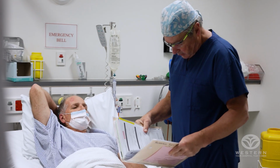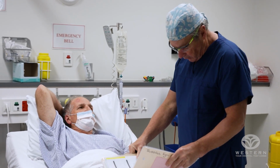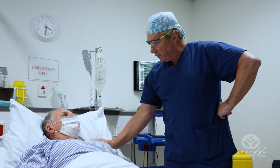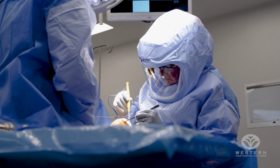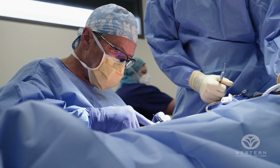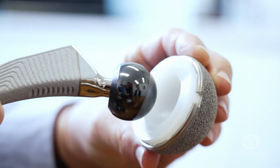I learned a lot about chondral grafting in my time in Canada, where we're using a layer of the bone called the periosteum to coat articular surfaces. Then we started culturing cells in the laboratory in Scandinavia, and now we're doing that sort of work here in Australia. I started doing a lot of consulting work for implant companies many years ago when I was in Oxford,